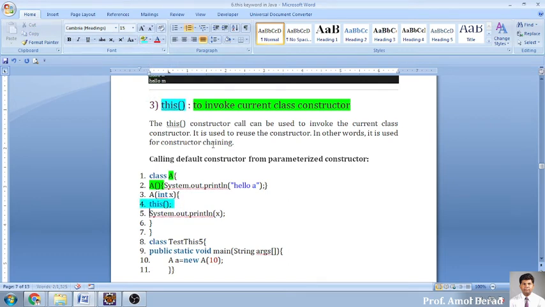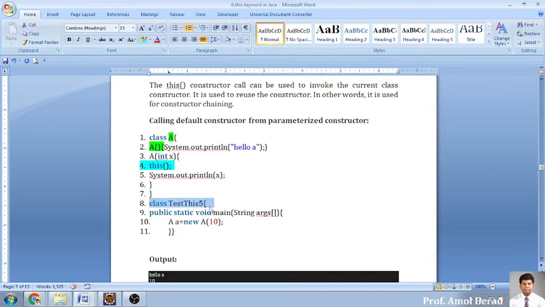What is this function? Whenever I am creating an object of the class A, and this is a default constructor. Default constructor means, this will be called whenever I am not sending any values.